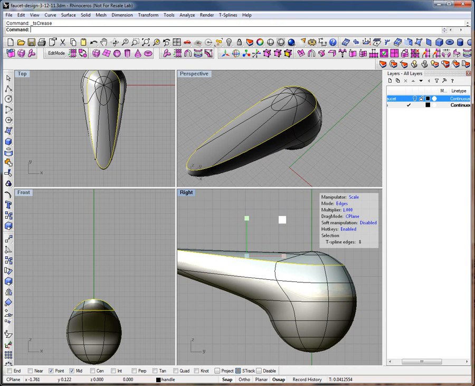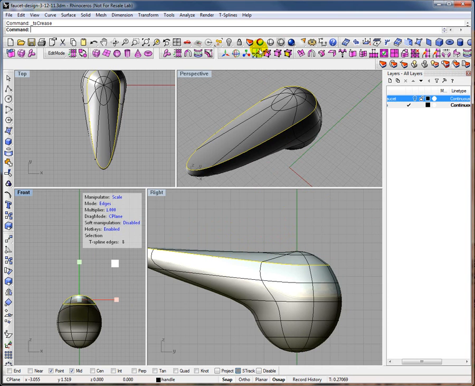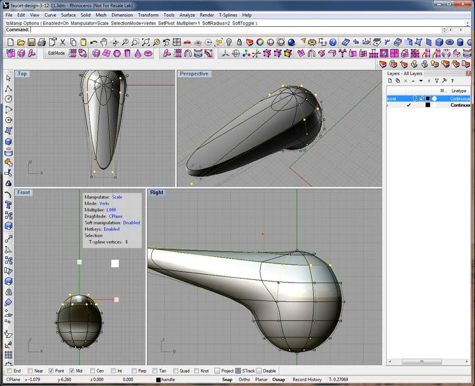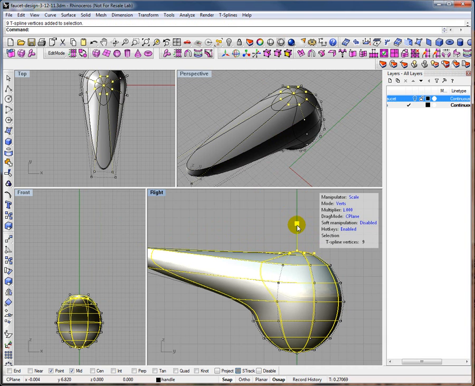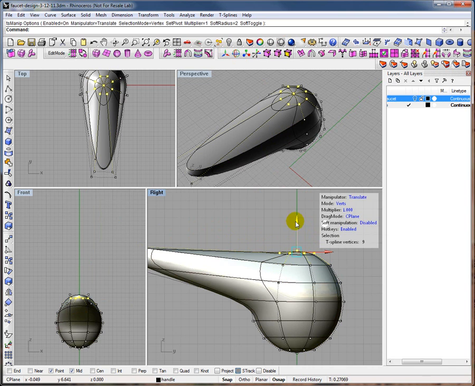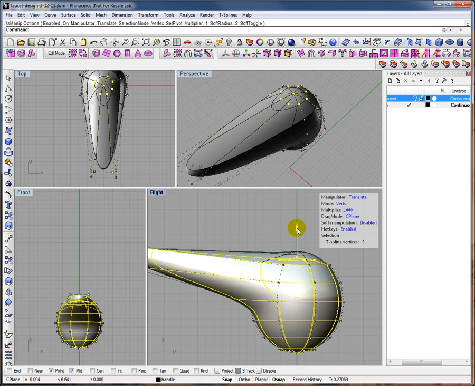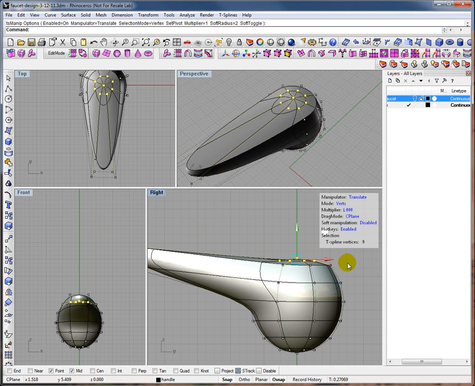And then I'll grab my vertices here for this dome and pull that down a bit, or I can scale it actually by this axis and then pull it down. Okay, so